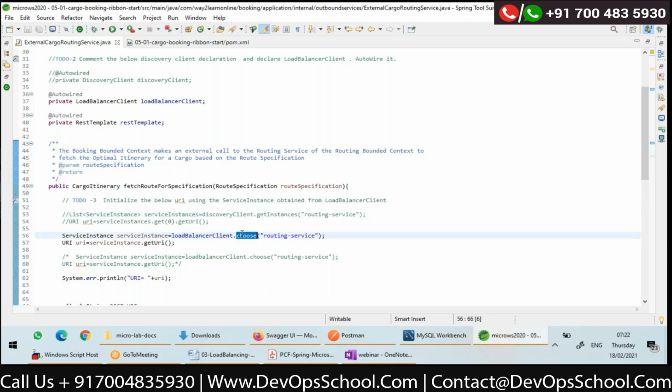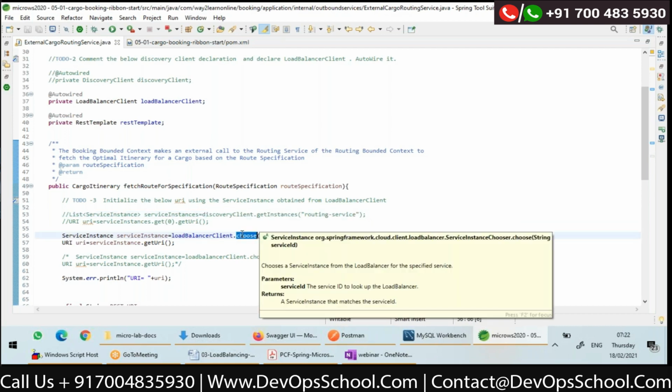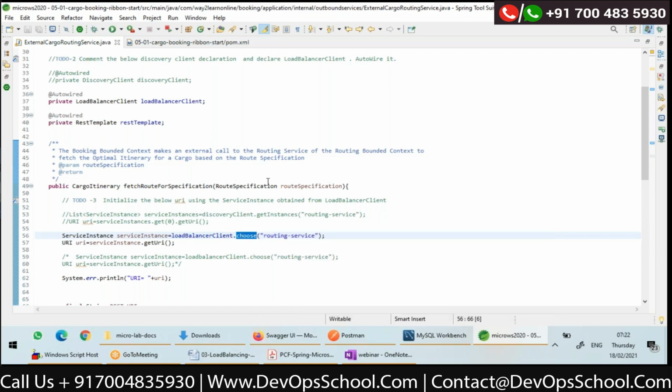So the choose method will use discovery client to get the instances and apply a load balancing algorithm to select one instance among the list and give me one service instance. Earlier I was getting a list. Now I'm getting only one.